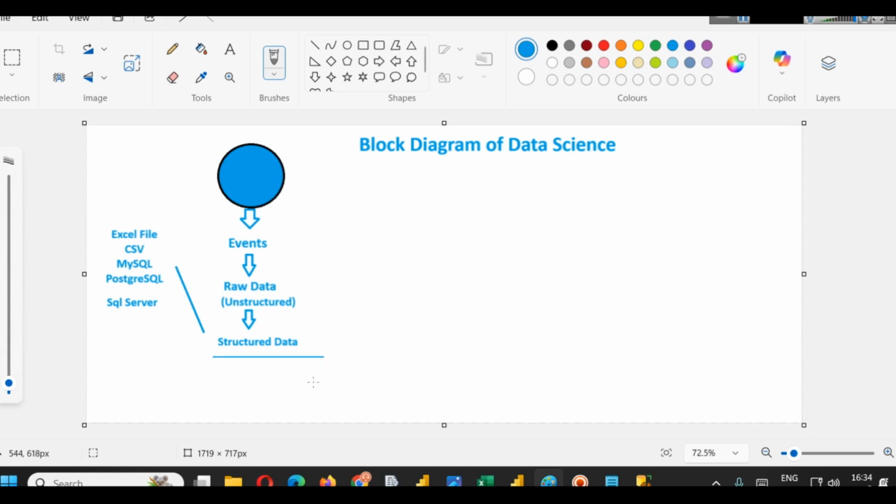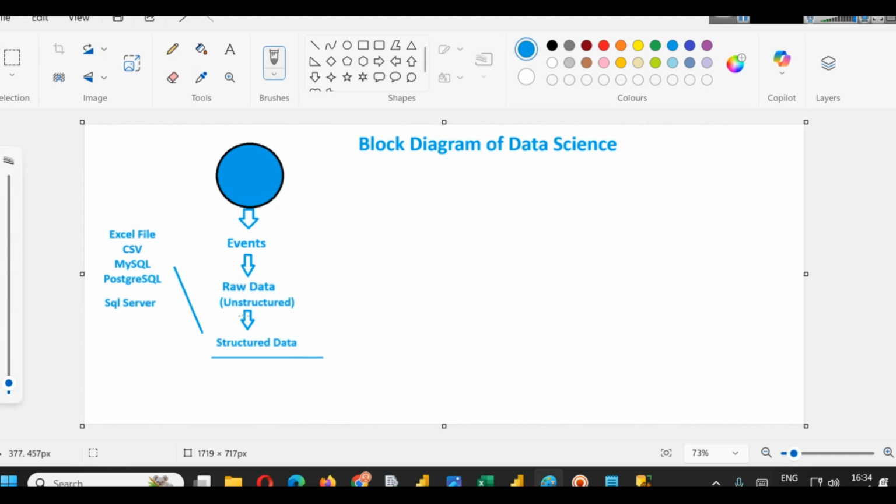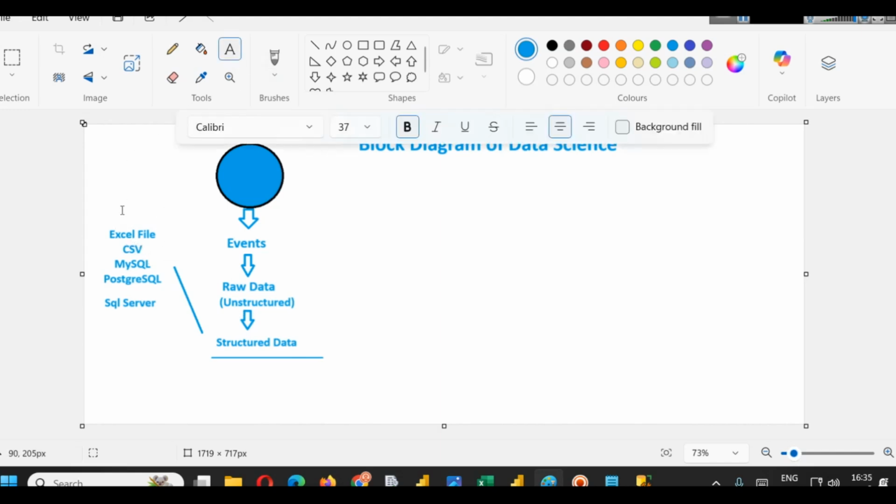Sometimes when companies ask us to do data analysis, to do statistical analysis, they give us that data also, right? And when they give us that data, it will be like an Excel, CSV, JSON file,